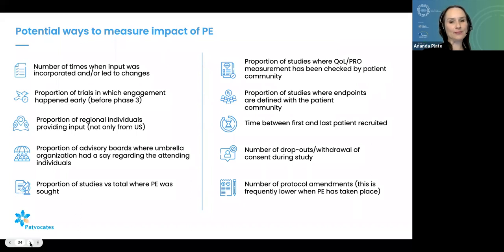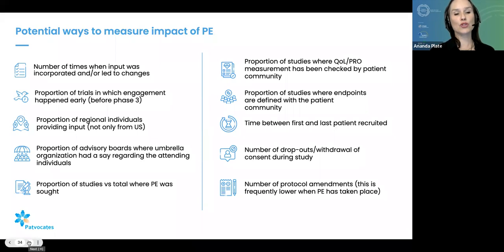And you can see here some of them are the number of times when input was incorporated and really led to changes, the proportion of trials in which engagement happened before phase 3, the proportion of individuals providing input that are regional, so where the trial actually happens and not only from the US, the proportion of advisory boards where the umbrella organization or the organization in the field had a say in who would attend them,